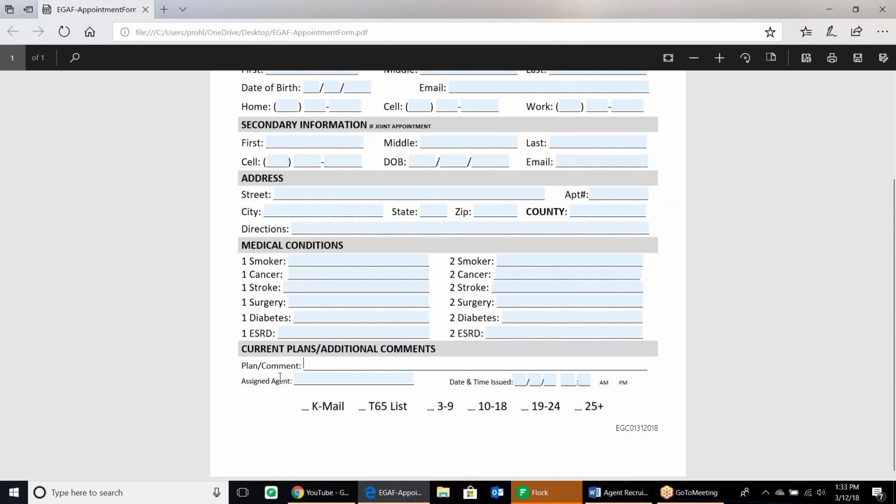Assigned agent, leave that alone. Once that lead comes in, we may have anywhere between 3 and 30 different agents running at any given time. So this is for office use only, the assigned agent and the date it was issued. Okay. Now down here,